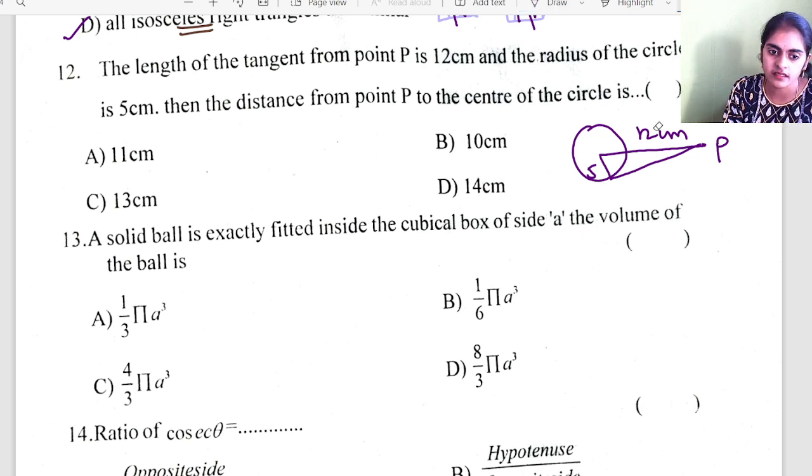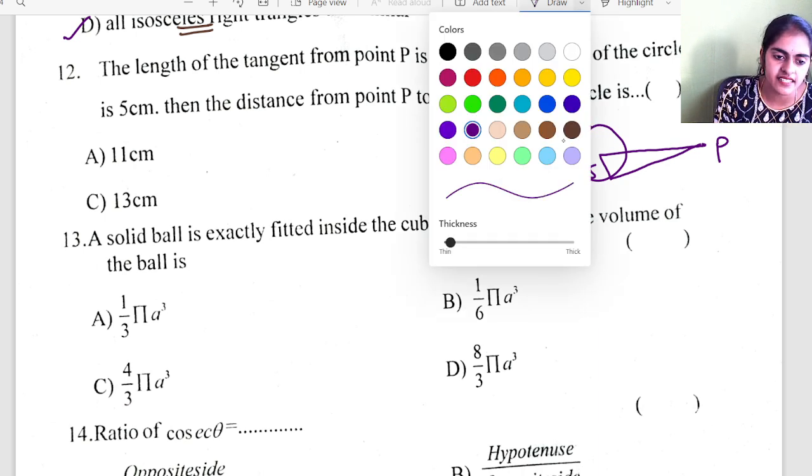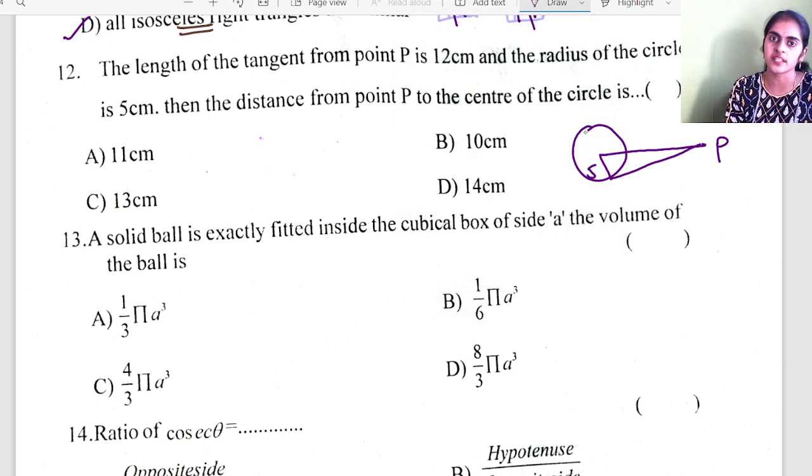So have a look here. It is given that the length of the tangent from point P is 12. Length of tangent from point P, this length is 12. Now the radius is 5. So here we know radius and tangent are perpendicular. So using Pythagoras theorem, let me take it as O and A. So using Pythagoras theorem, I can write